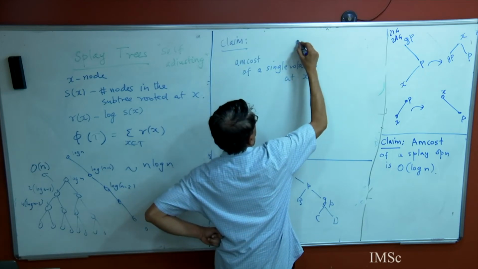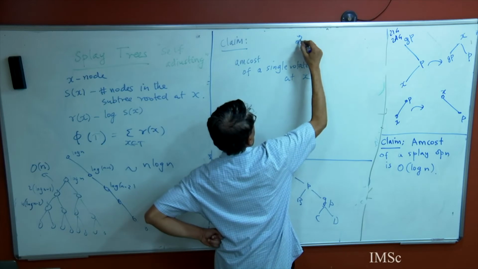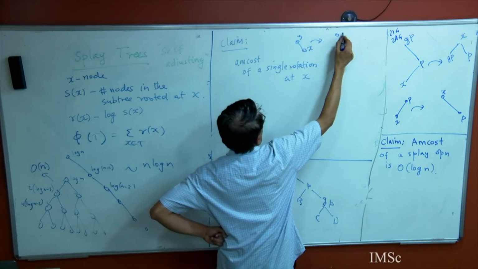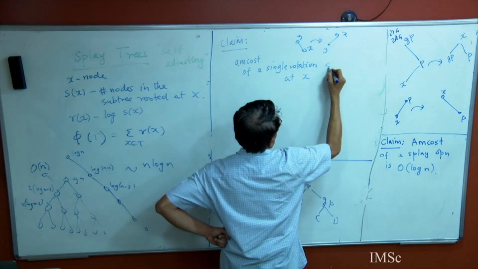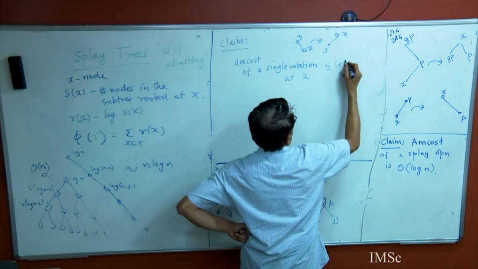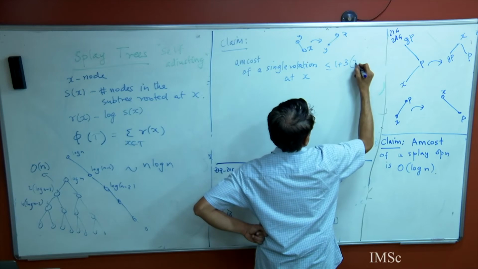So it's like x was here, y, and then I moved it to x here and y. What is the amortized cost? I'm going to prove this to be 1 plus 3 times